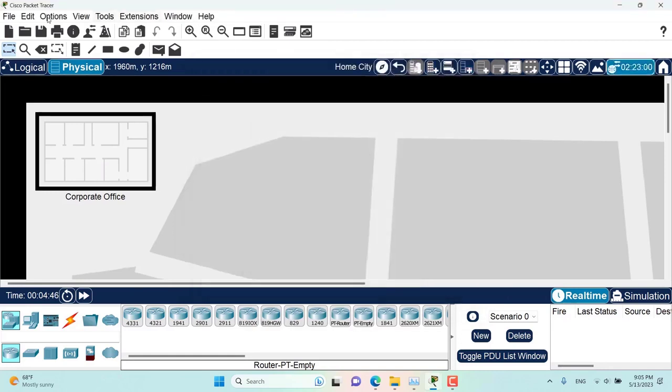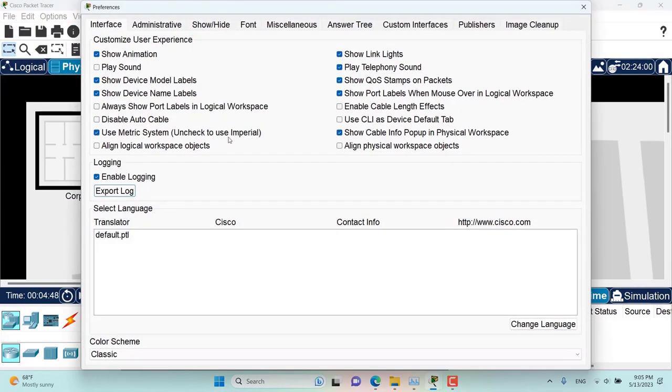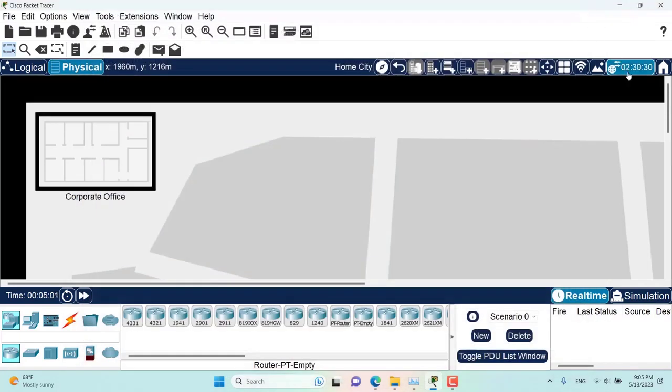So if I want to change this to Imperial system, basically the American way of doing things, like using feet and mile and stuff like that, so I will just uncheck this, close, and then go to environment,